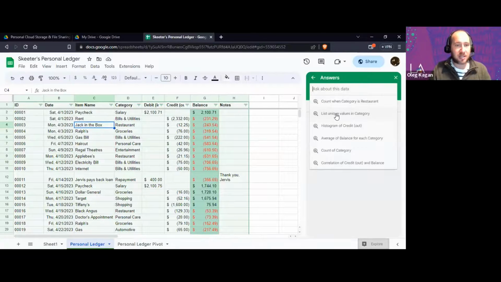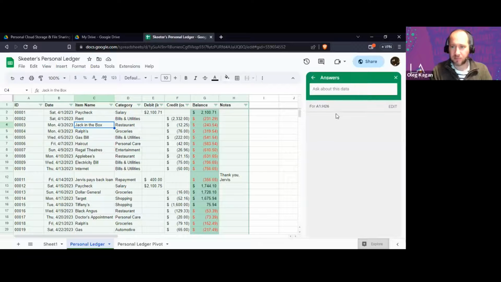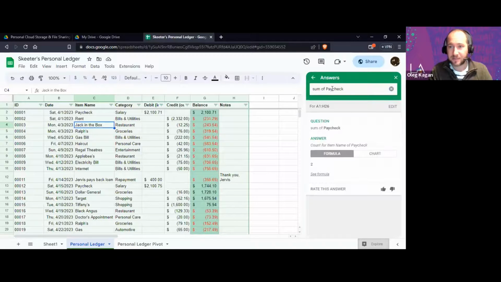If I want to ask, for instance, how much did Skeeter earn by paycheck? So I'm going to do sum of paycheck. Let's see what happens. Some of these, sometimes I type it, it works, and sometimes it doesn't. Sum of paycheck. So there's 2 instances of paycheck here. So it's like, okay, it just counted how much it is in the item name. But if I want to do sum of debit for paycheck,